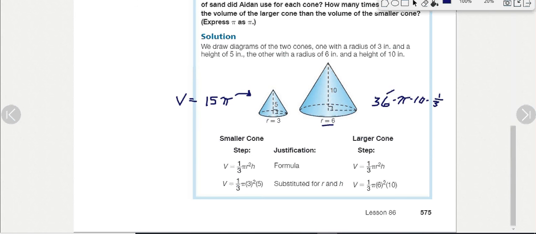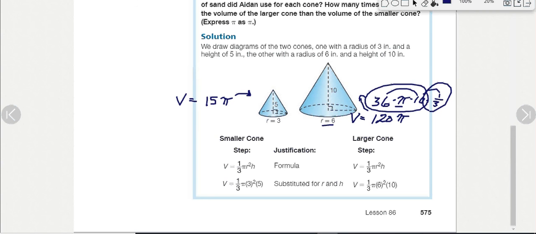So I do these because it's easy. 360 times a third, if you put that in your calculator, 360 divided by 3, I think, is 120. And then we've still got this pi here. So that's the volume of this one right here. This was the volume if it was a cylinder. And then we divided it by 3 because that's its relationship with cones that have the same area, base, and